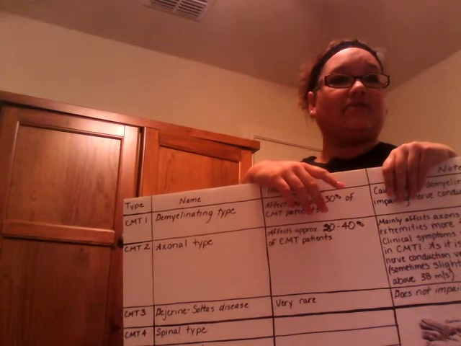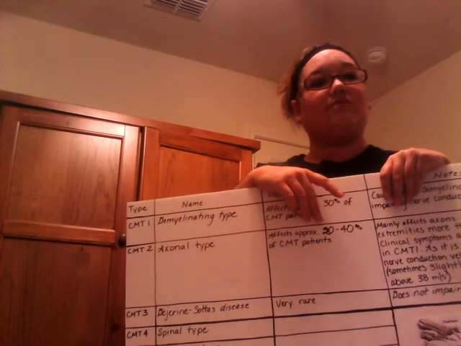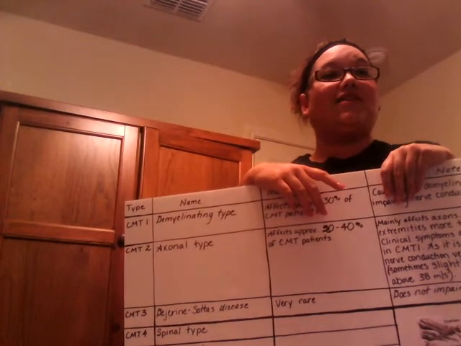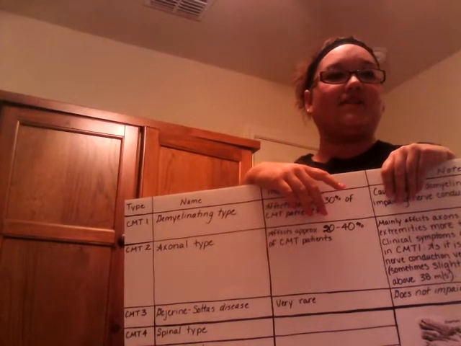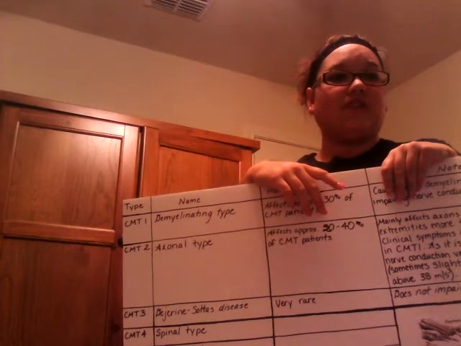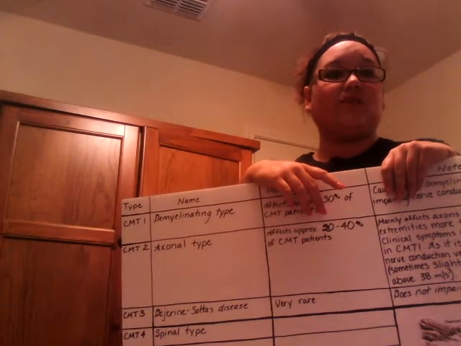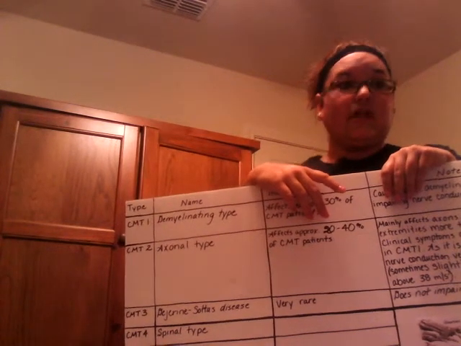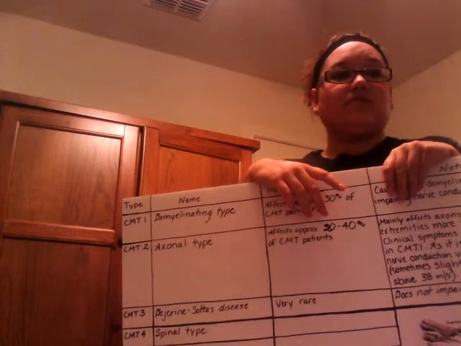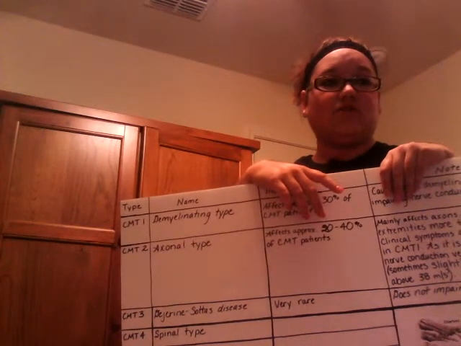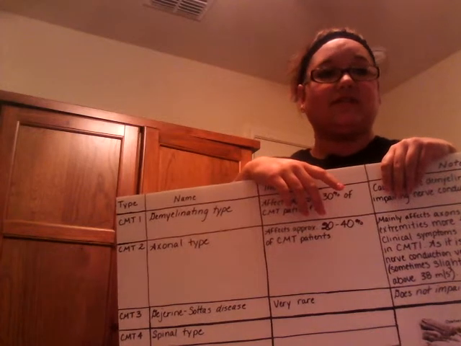CMT can be diagnosed several ways from the symptoms: the measurement of the speed of the nerve impulses using an electromyography, the biopsy of the nerve, and through DNA testing. Not all of the genetic markers for CMT are known, but DNA testing can give a definite diagnosis. Patients showing the signs or symptoms of CMT will be referred to physicians specializing in neurology or rehabilitation medicine.